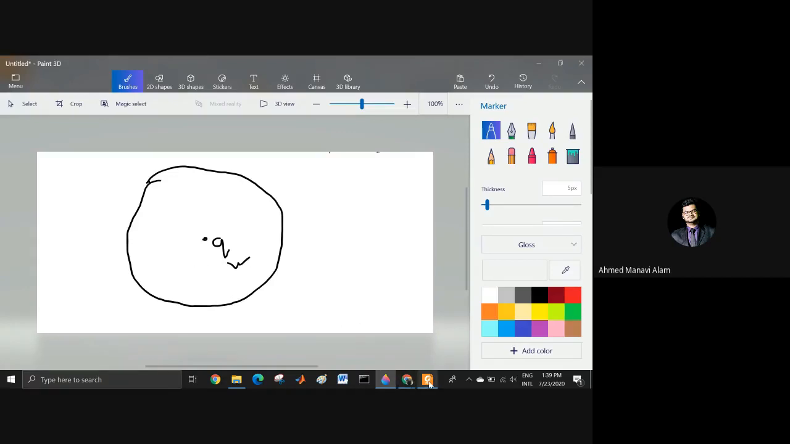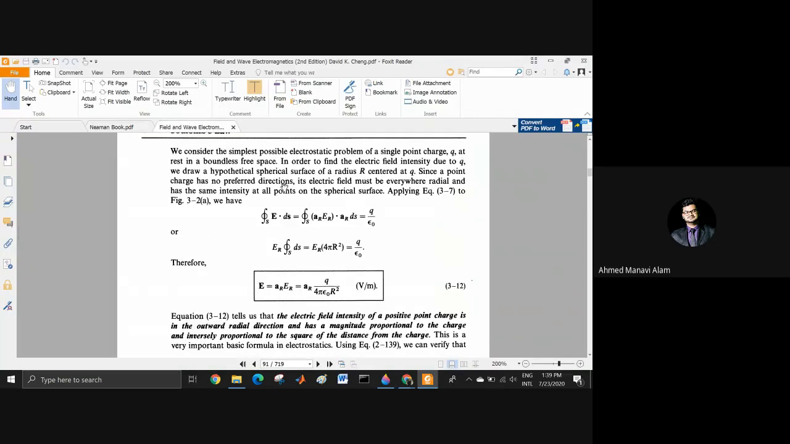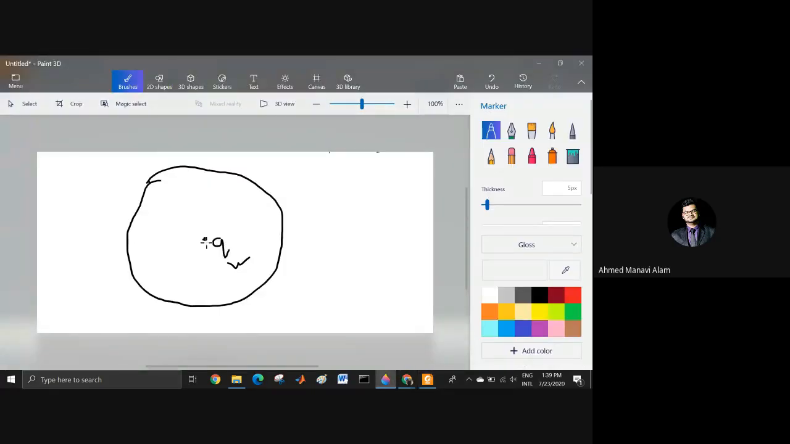এটা হলো আপনি বের করতে চান. We draw a hypothetical spherical surface of radius r centered at q. Since a point charge has no preferred direction, its electric field must be everywhere radial. এটা মানে কি, যে ইলেকট্রিক ফিল্ড এদিকে হতে পারে, this can be here, this can be here, মানে everywhere, radially মানে radius বরাবর,